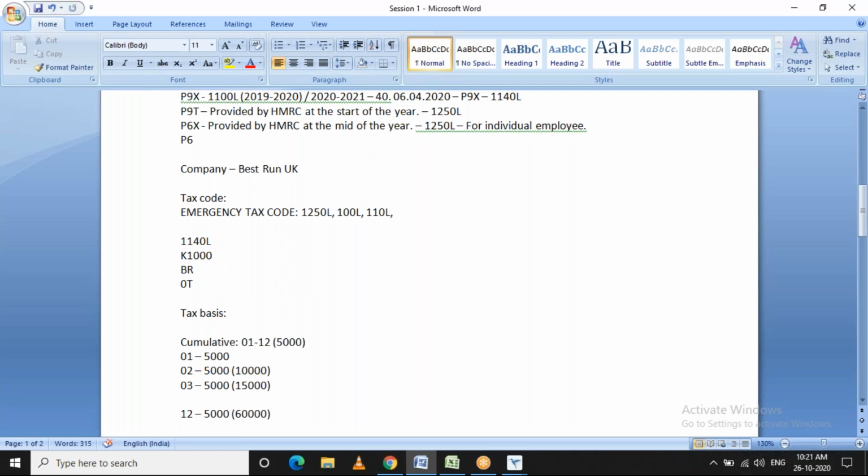That's when you use prefix, right? The K1000, when the taxable earning is less. Yes. Again, this is not decided by the individual or the company. These are all decided by the government, HMRC. They will decide whether the employee should be on a prefix tax code or a suffix tax code. They will provide the detail.